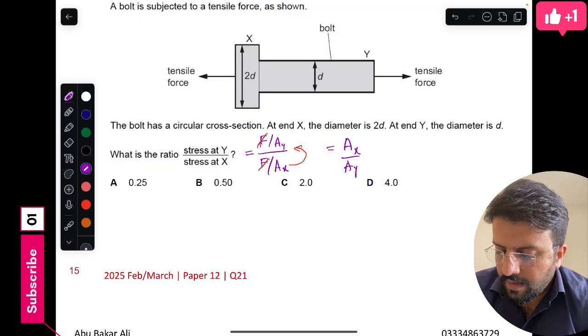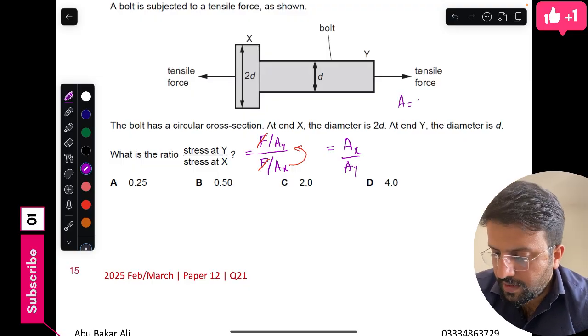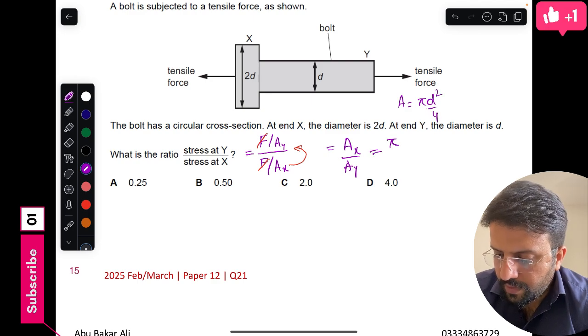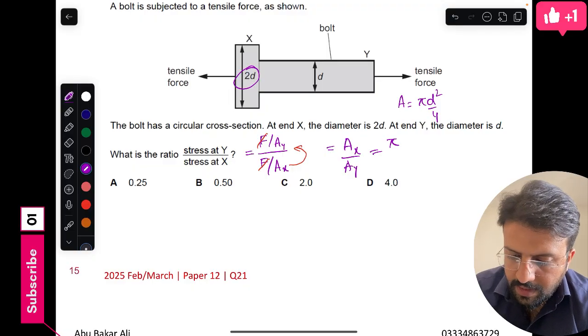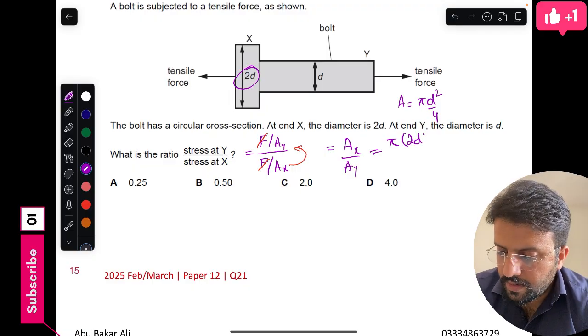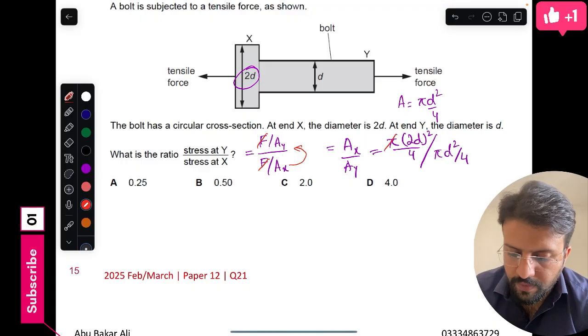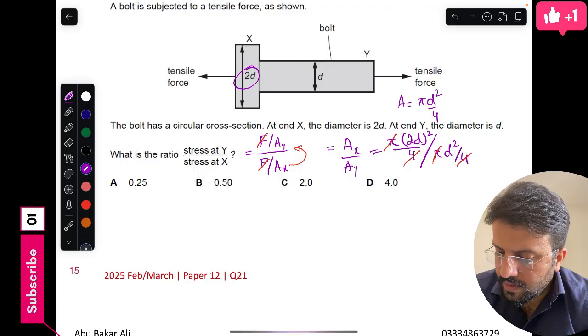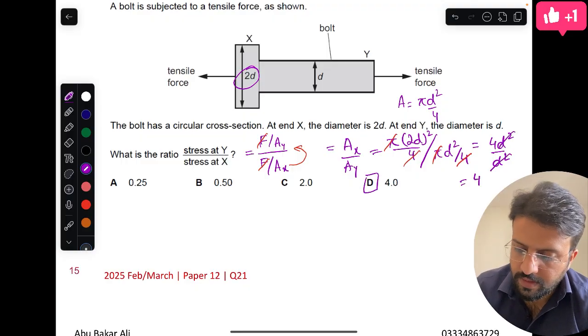We know that you have the diameter, so area is pi d square divided by 4. For X the diameter is 2d, so it is pi into 2d square divided by 4, and for area of Y it is pi d square divided by 4. So this pi, this 4, this 4 will cancel out. It will give you 4d square divided by d square. So this will cancel out. It will be 4. Okay, so it is option